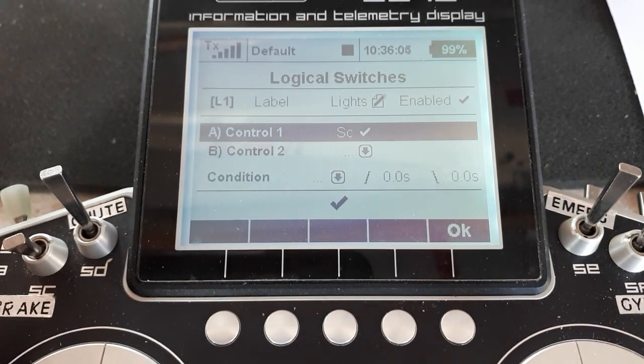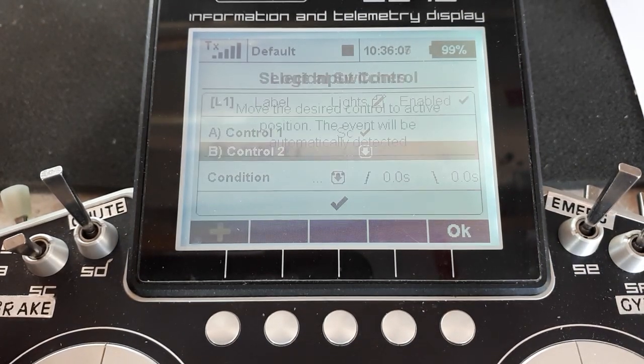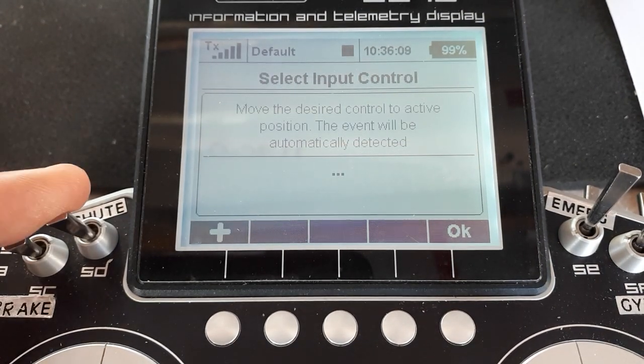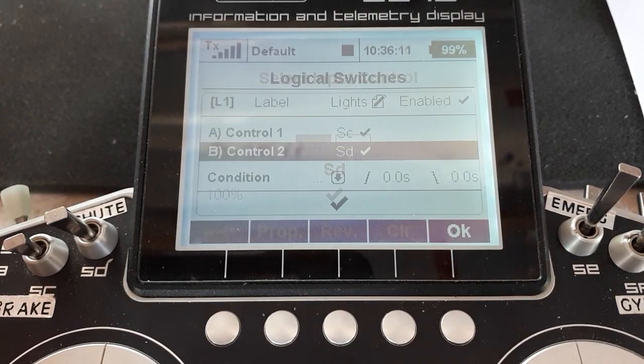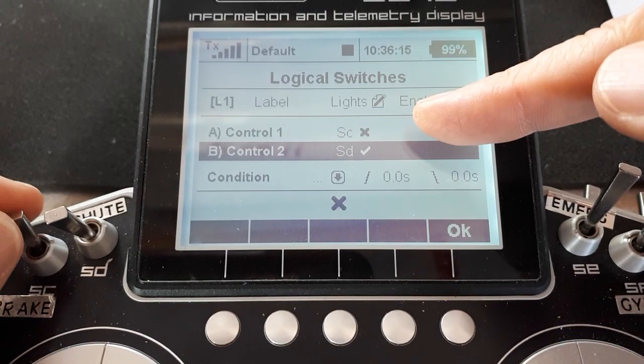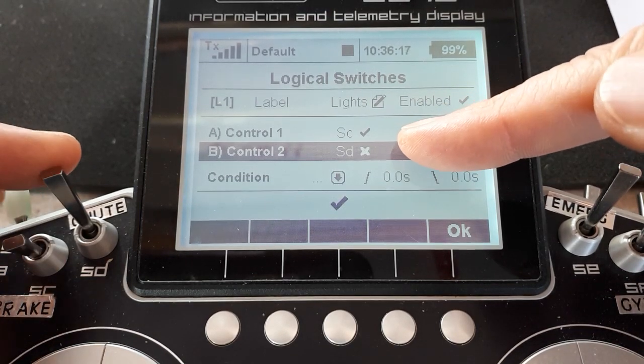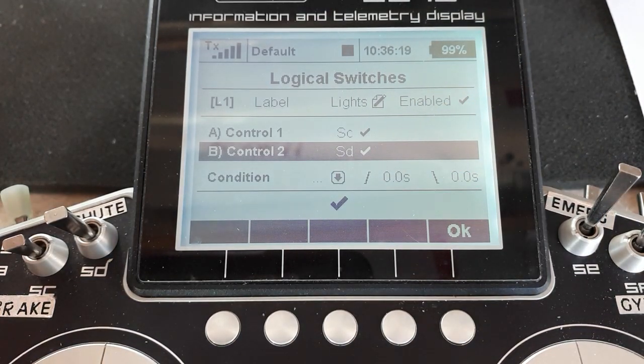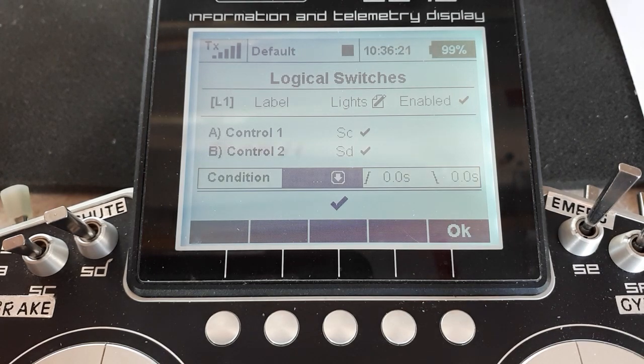Okay, come down. Control 2 will be this switch. Say OK. So now you can see both switches are on. If I switch one off, that goes off. Switch that off, that one's off. And what's the condition that we want? This is the important one. Choose